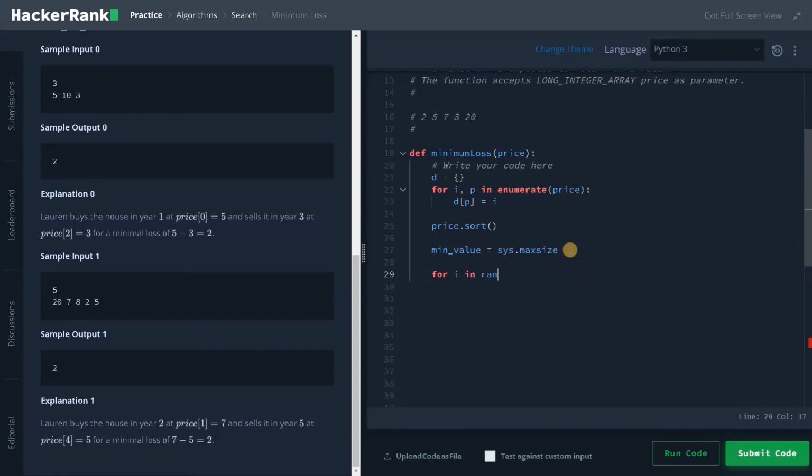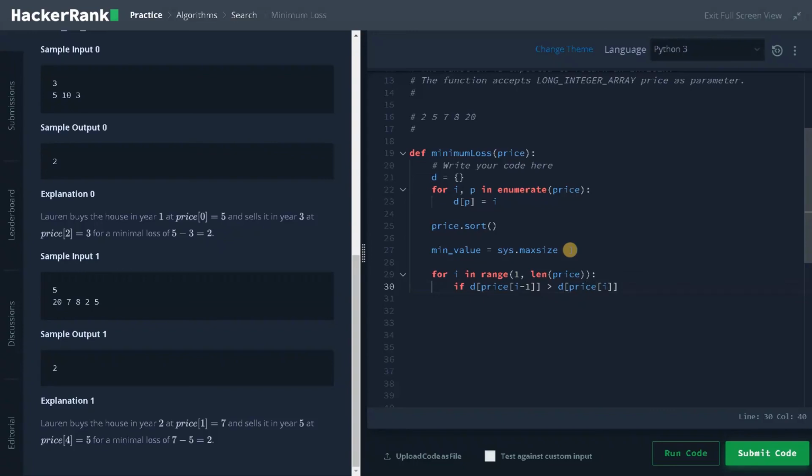So for i in range of 1 comma len of price, it will traverse from 1 because we are going to compare the adjacent elements. First, as I already said, the index should satisfy the condition, that is d of price of i minus 1 is greater than d of price of i.